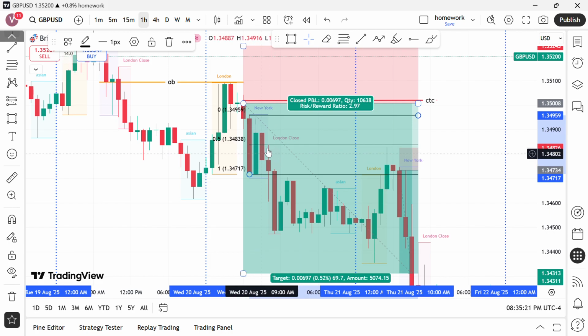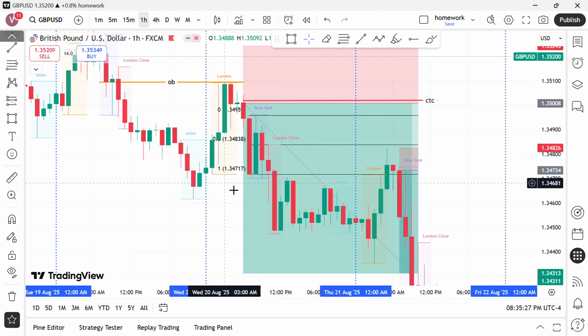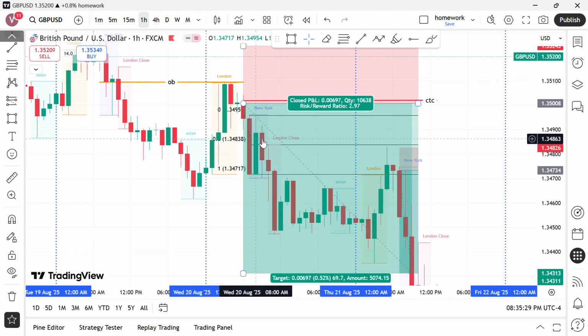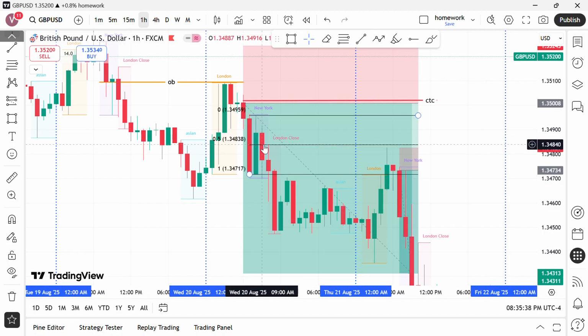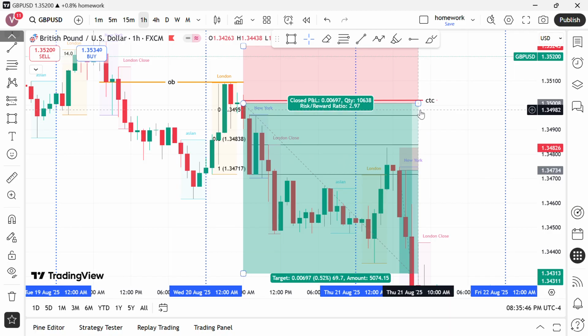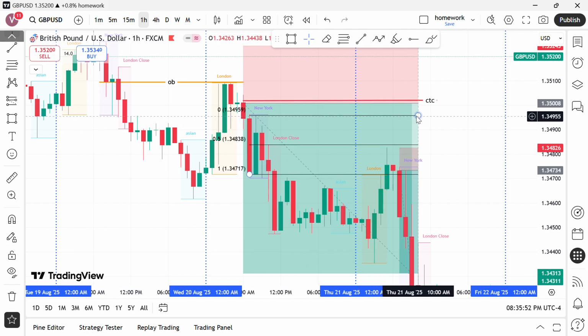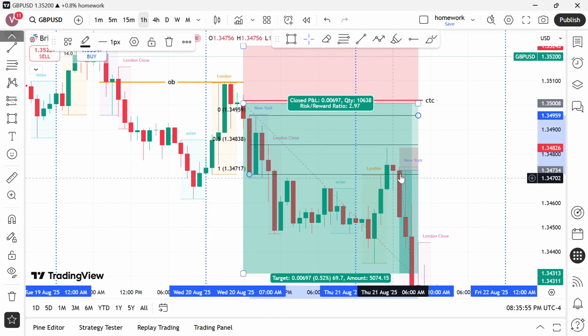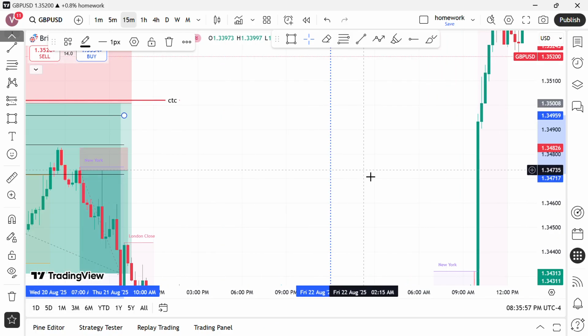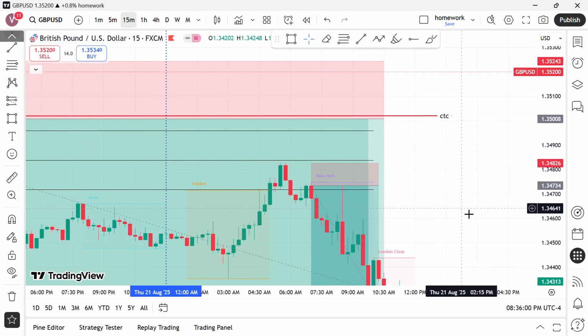So we can say that it is again treating this as an order block because it is a green candle, and this is where most of the institutions have bought, and then most of the institutions have sold, as a result of which this selling has occurred. So we can successfully say that it went up till this midpoint, and then it started giving us an impulse move downward. Now again, if you don't want